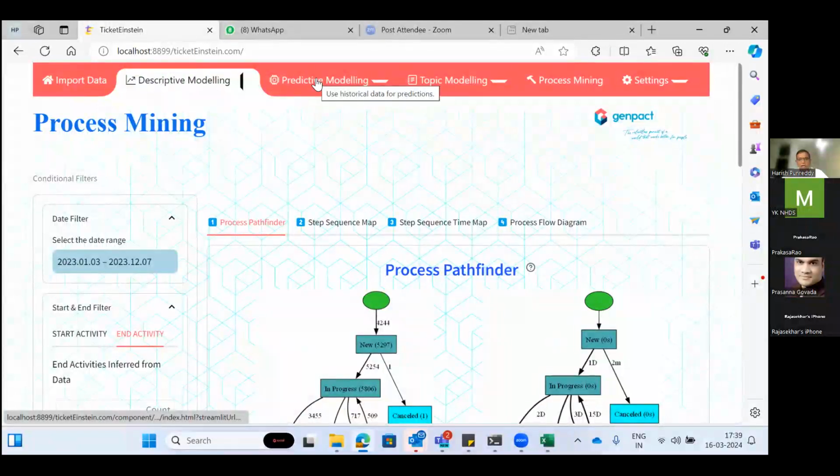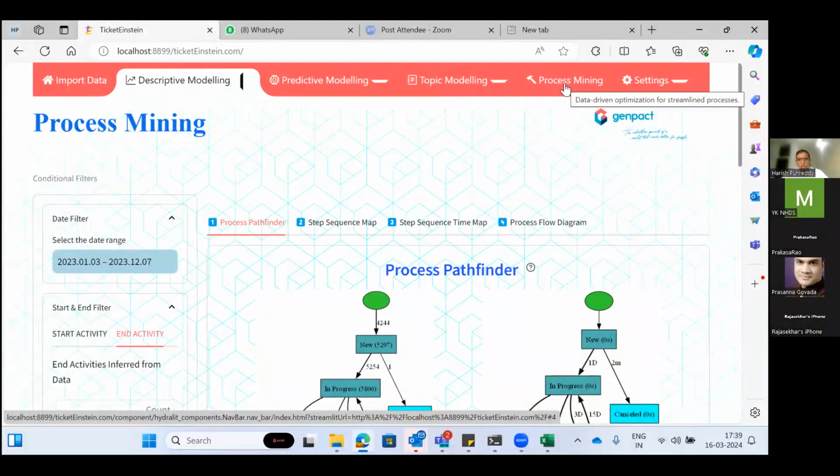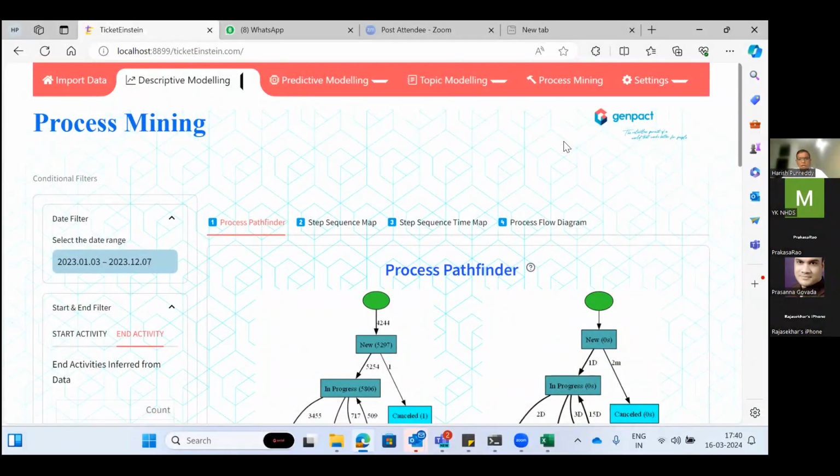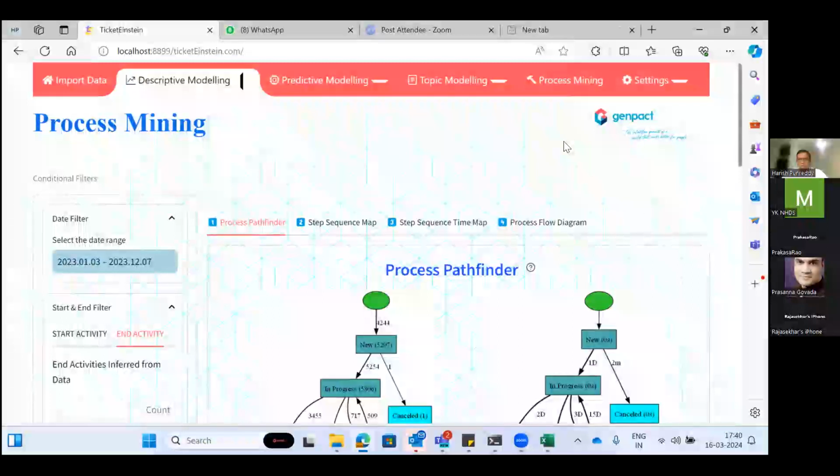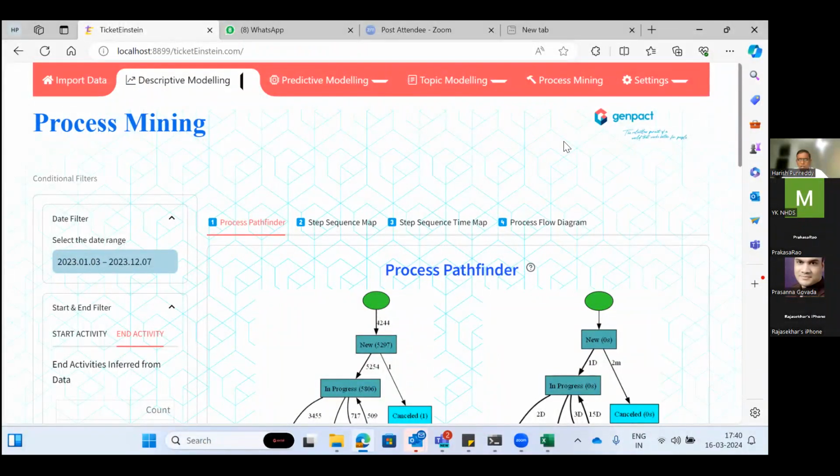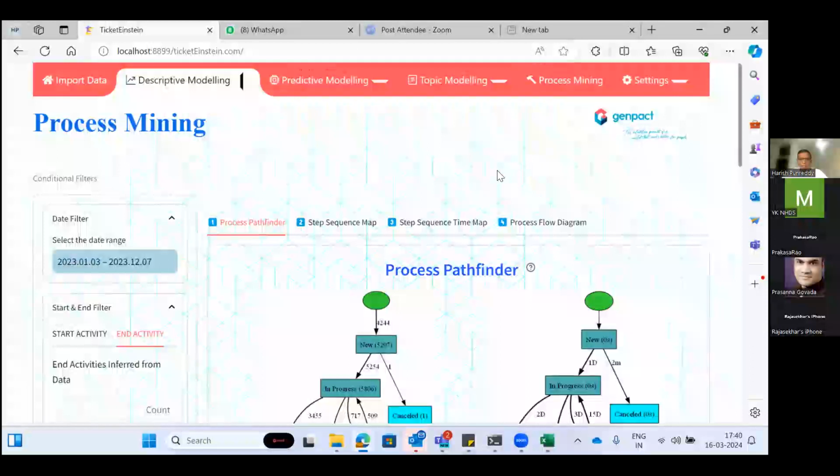Then we added the predictive part, and recently this quarter we added process mining. Net, I would say the tool is roughly 15 to 18 months old from a development perspective.